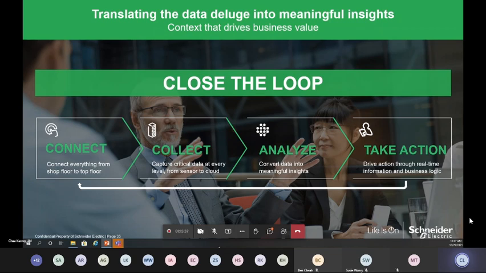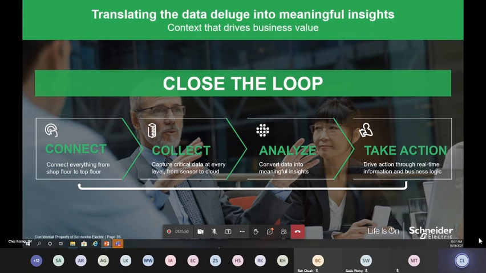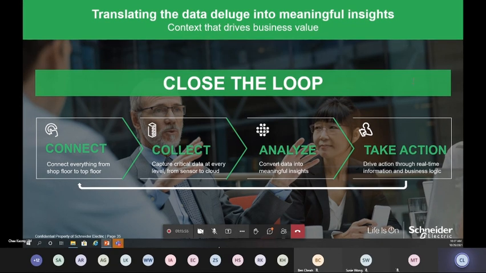I would still like to have the decision being made by the right people, because no matter what we say, artificial intelligence is still artificial. Nothing beats the human brain. So in this context, when we are talking about design and we put in analytics, we will do the first three. We will connect, we will collect, we will analyze the information. When we say we take the action, the decision needs to come from the users themselves. We will provide you with all the statistics, all the information, all the recommendations. The decision to take the action, and what action is to be taken, needs to be made by a human.